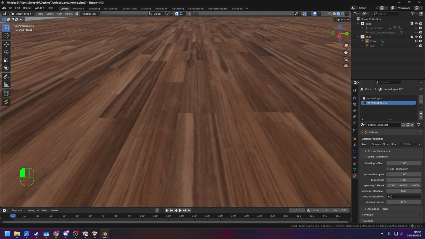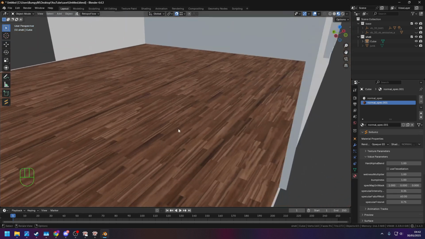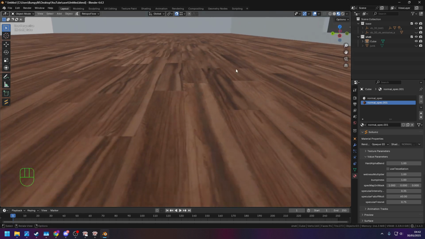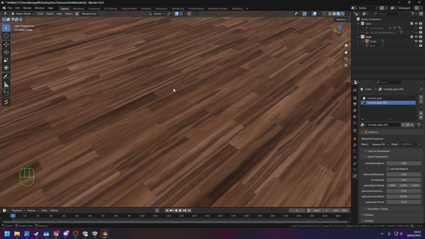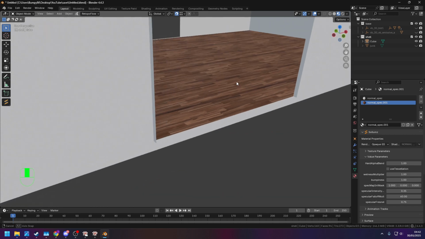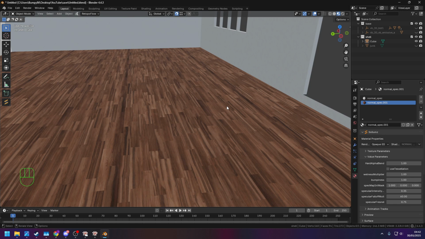Yeah, maybe change it to 60. Okay, so the floor will be a little bit shinier than the walls, because we're aiming for as natural looking a floor as possible. It's not going to be the most perfect thing to look at, but it is what it is. In order to fine-tune it, you can always hop back to Blender, change values, re-export,